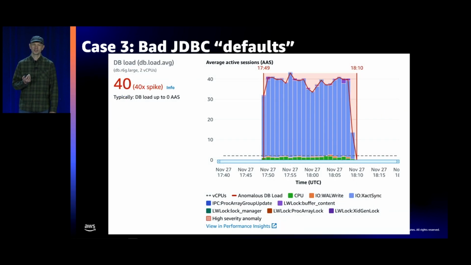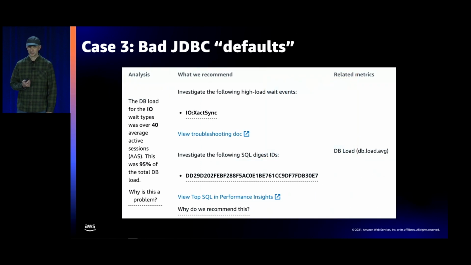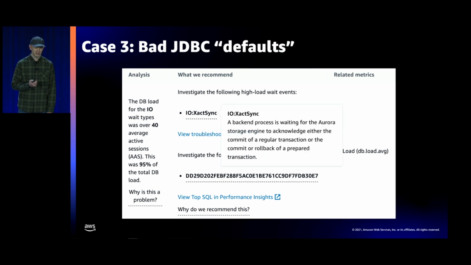Fortunately, DevOps Guru for RDS was built to recognize these sorts of issues. Because queries run longer, they start registering as active sessions, and DevOps Guru for RDS sees the high and unusual spike of database load activity. It runs the analysis, and you can see the major wait event and the query responsible for the slowdowns, or at least affected by that. You can look at the wait event and see that it is in fact related to commits.